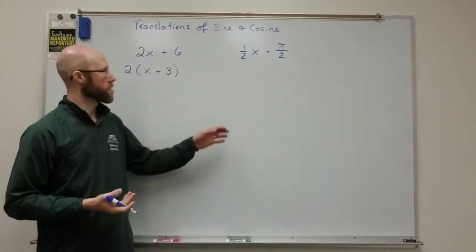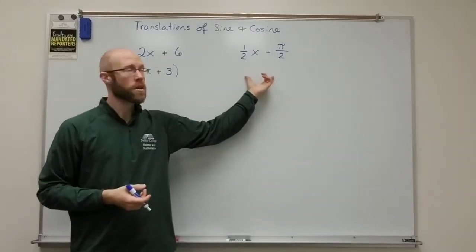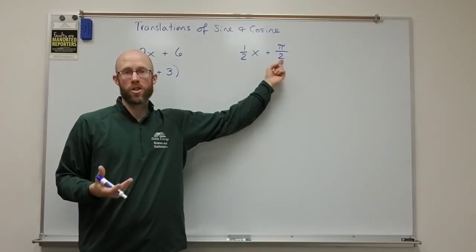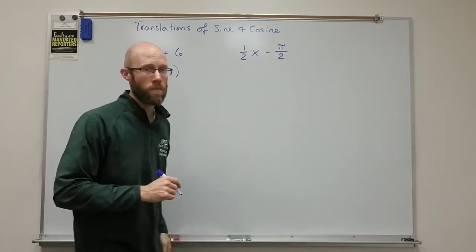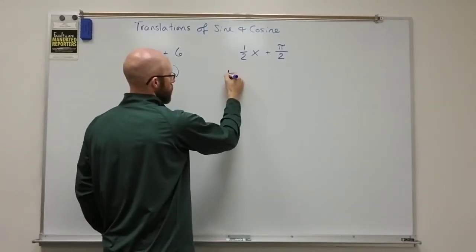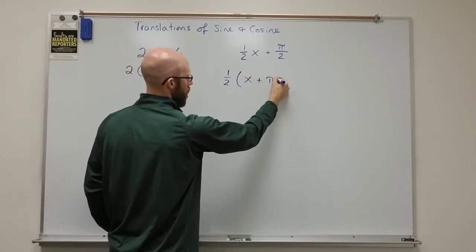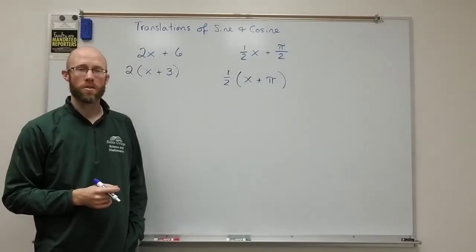And you might say, well, it's not really clear that there's a common factor on this one, but there is. There's a common factor of 1/2. Fractions can be common factors, and so you could actually pull that out. You could pull out the 1/2, and you would have x plus pi left over